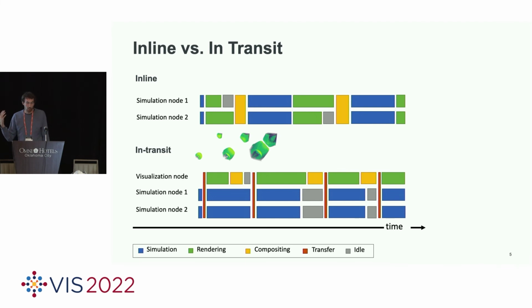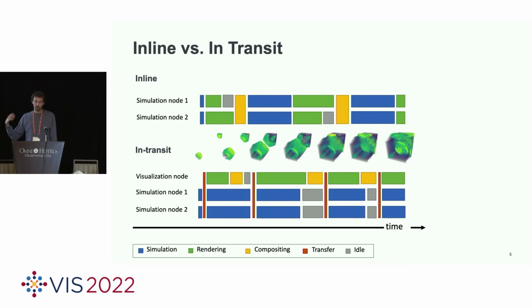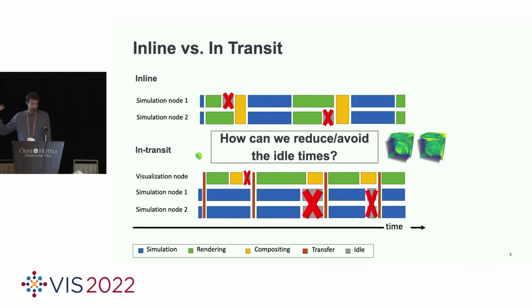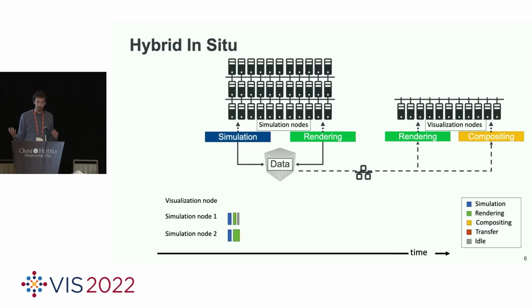These issues are made worse by the fact that typically the data across nodes changes significantly as the simulation progresses, so this is very dynamic. Of course, with this, the cost of visualization tasks also shifts during the course of the simulation. This results in inefficiencies, and to address them, we propose a hybrid between traditional inline and in-transit techniques.